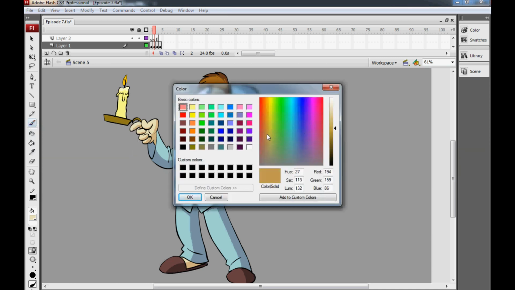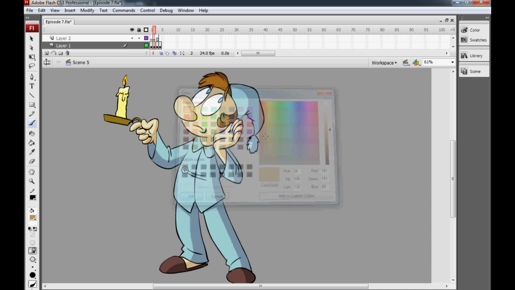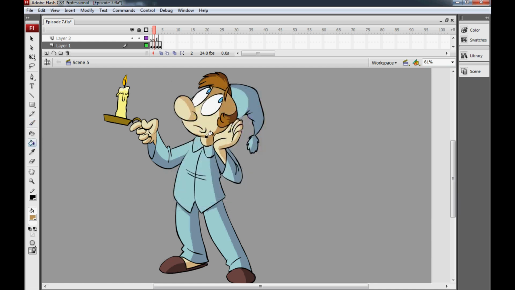create a darker, slightly desaturated version of it, and by adding in that colour we create a pretty effective looking shadow. But still, it doesn't have quite the mood of a character up in the middle of the night, and we can create that by working in cooler, more sort of blue tones. So here is the same character again, but we've worked in shadows that have a more muted grey blue sort of